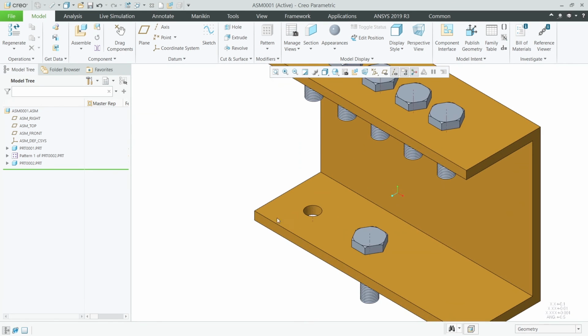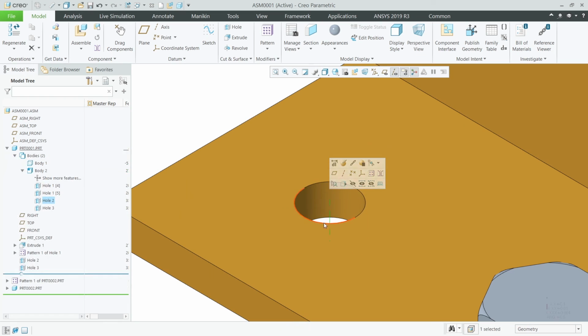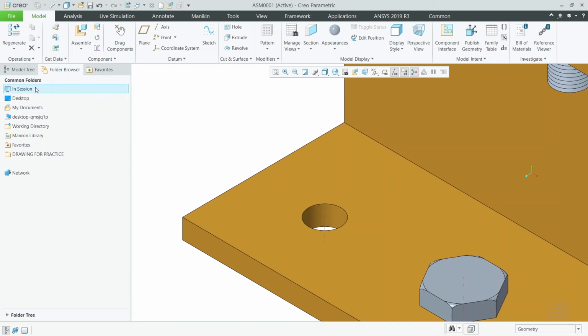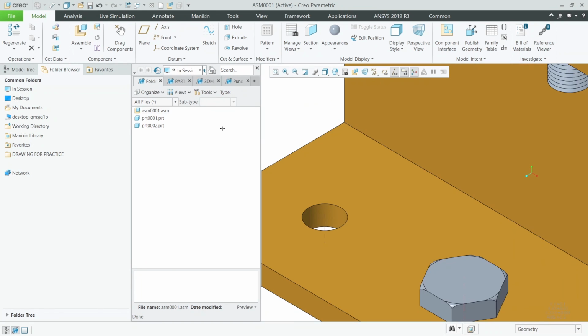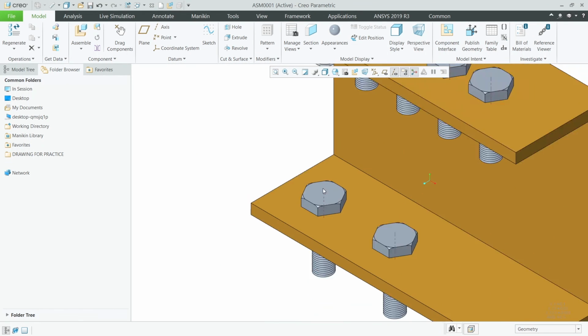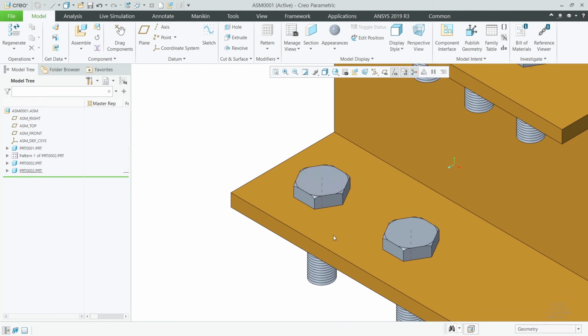And the third bonus tip here is you don't need to pick the axis or the surface. You can simply drag and drop if you have an auto place feature. I'll show you how. We need to go to folder browser and pick In Session. I need to collapse this a bit. Pick the bolt from your In Session and just left click, drag it and drop it on the hole. That's it. It's done. It's as simple as that in Creo Parametric.